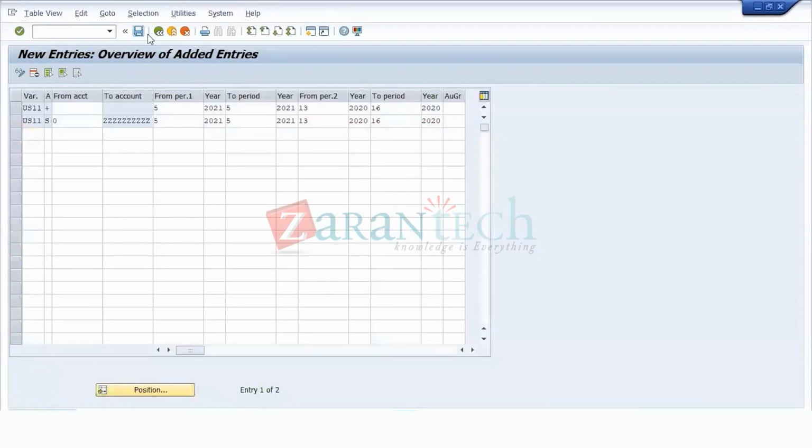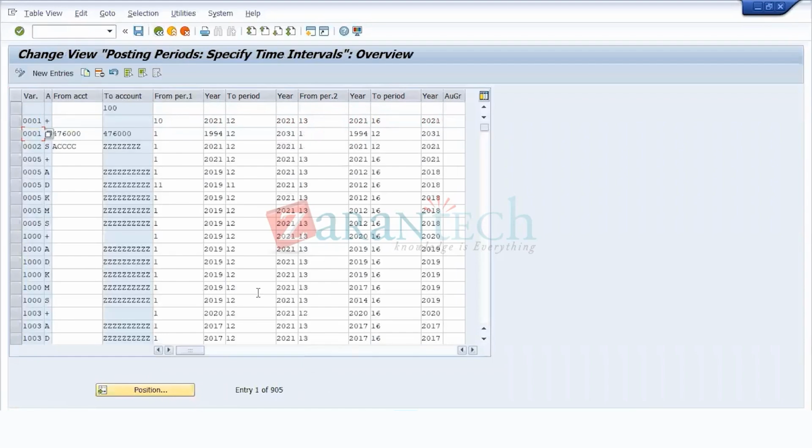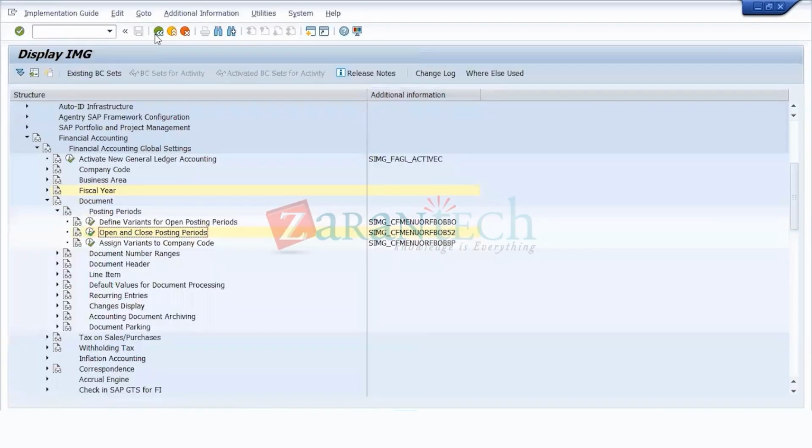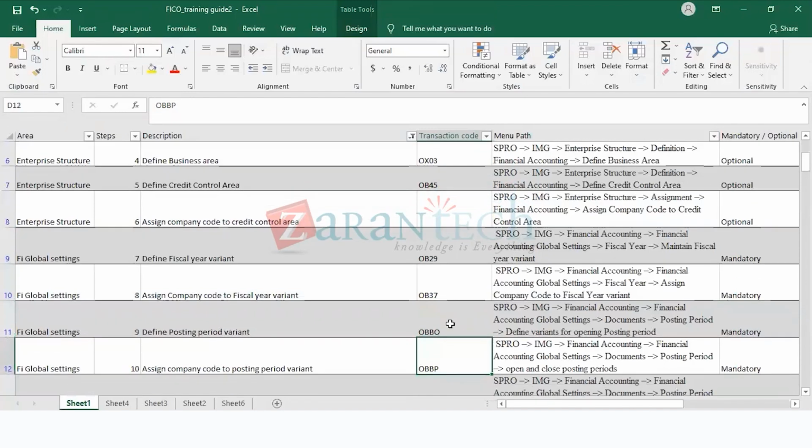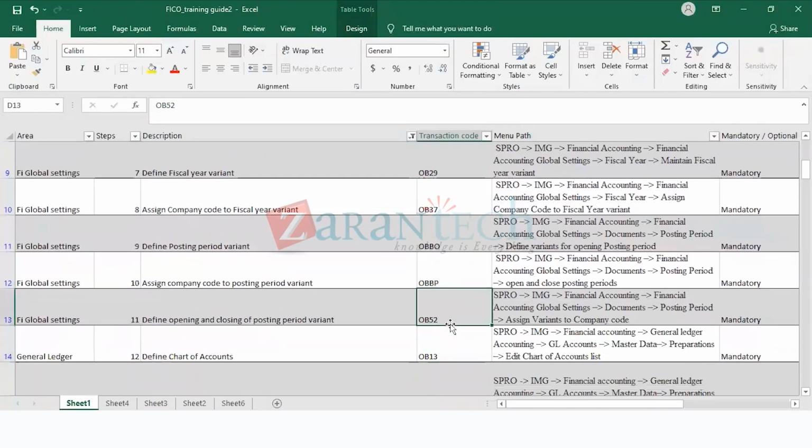So this is what I have specified till now. What are the two variants that we had discussed? We had discussed the fiscal year variant. Basically, you have defined what will be the financial year for my company code, and then you have also defined what will be the posting period variant for this particular company code as well, which is basically this step. So we have done OB29, OB37, OBBO, and OBBP,